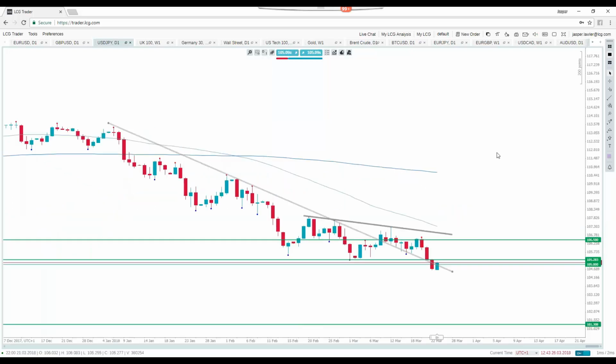And what caught me up before was thinking, well, we've already had quite an extended run. We're approaching 105. Maybe there's enough to generate some desire to cover the shorts and the market bounces, but not yet. So just a little bit of evidence that these trends can go on longer than you think.